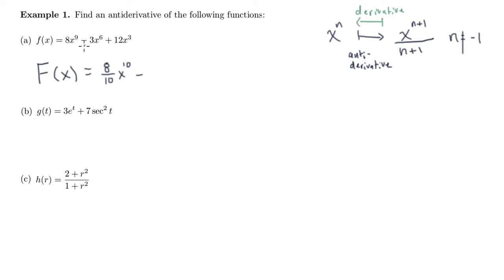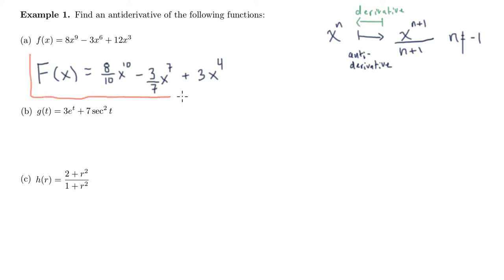And then, okay, the minus 3, that's just a constant multiple. That's not going to be affected when I take the derivative. But I'm going to need to divide by 1 more than this power, and then change x to x to the 7th. Okay, so then when I take the derivative, the 7's will cancel, and I'm left with 3x to the 6th. Same thing here, except now, instead of 12x cubed, I'll have 3x to the 4th. Okay, so I just divided 12 by the new power 4, and as you can see,